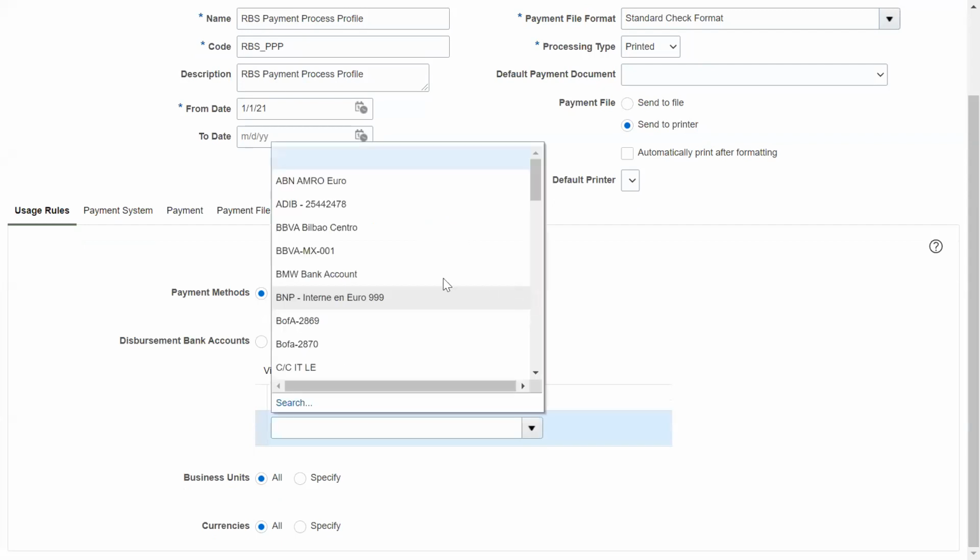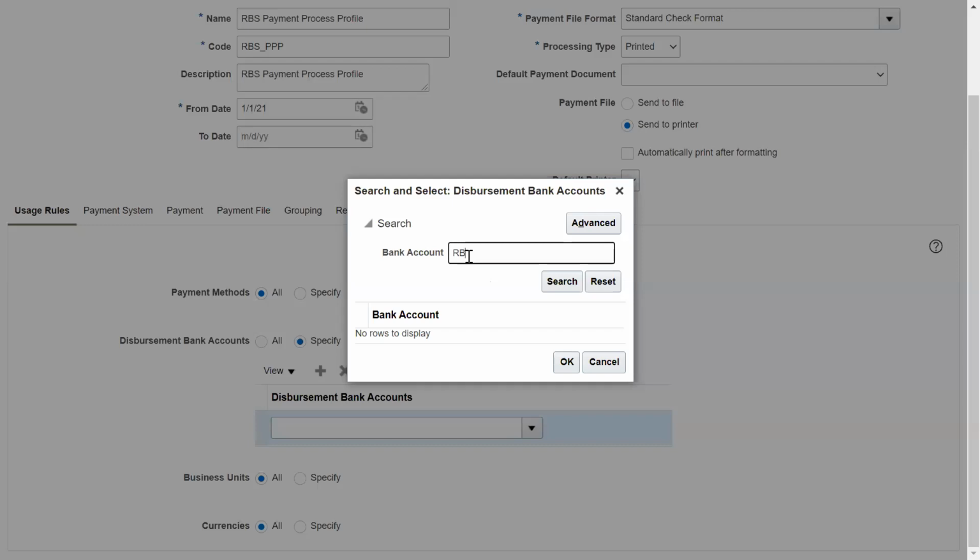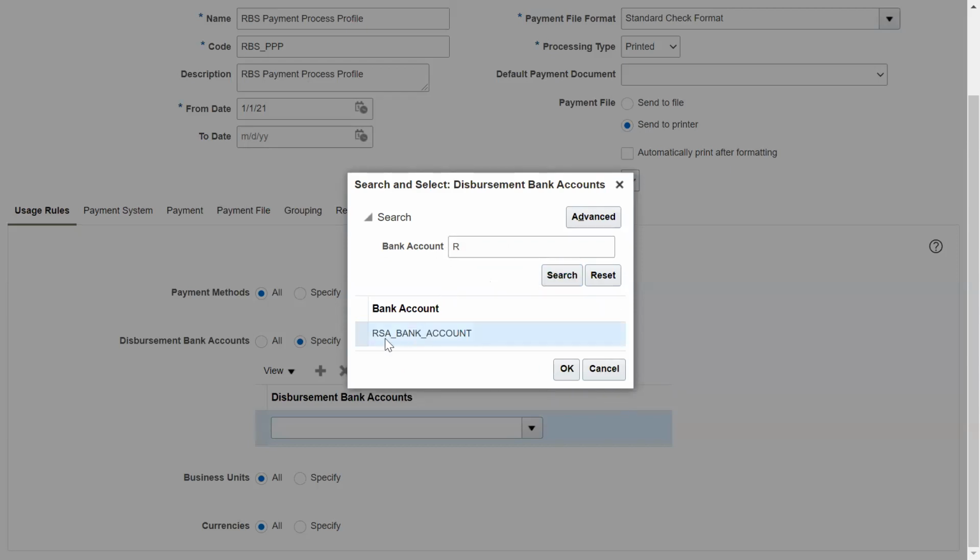Let's check it again, the particular bank account. All right, I had given the name RSA instead of RBS.